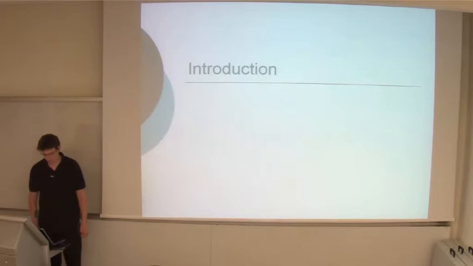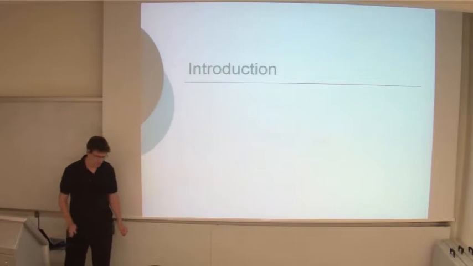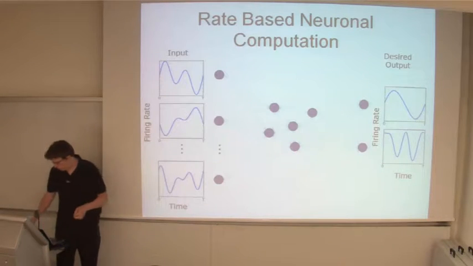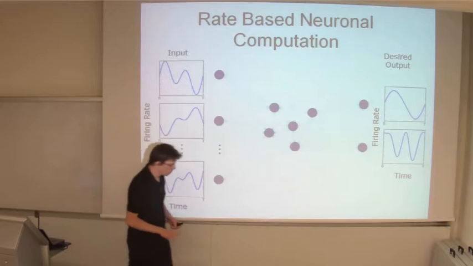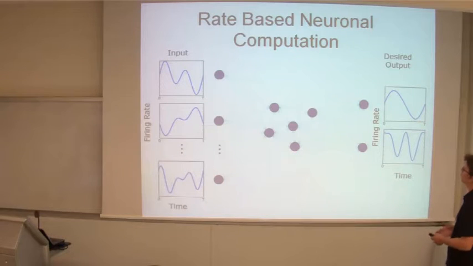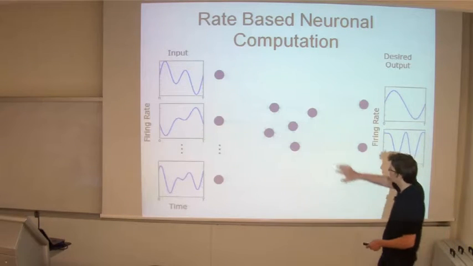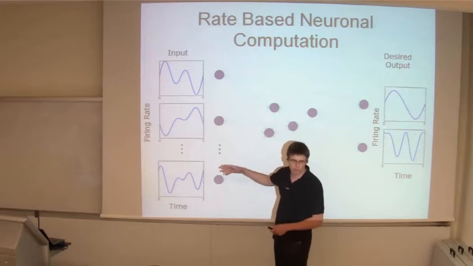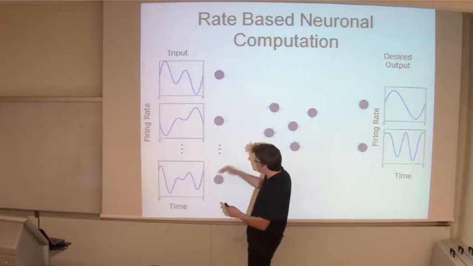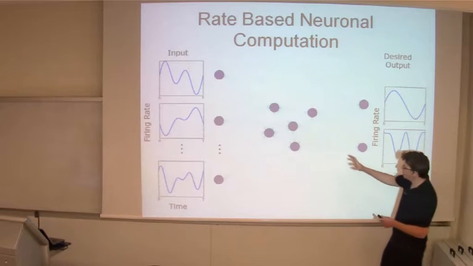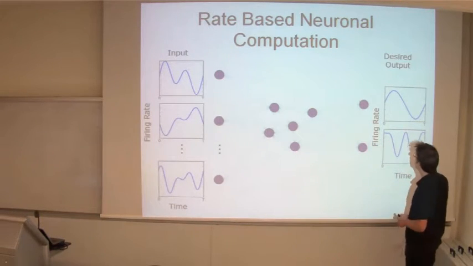So I want to start with presenting in like 5 words the usual approach for neuronal learning, which goes something like that. So when we talk about learning, neuronal computation and learning, what we usually have in mind is that we have some network of neurons with some connectivity matrix, and that network receives some input in the form of firing rate, maybe static, maybe a function of time. And the goal of learning is to change the synaptic weights of this network in such a way that the